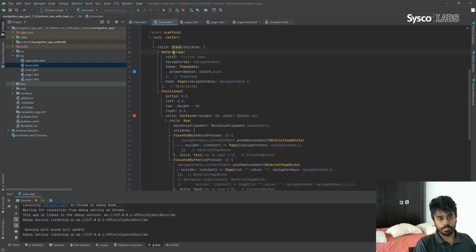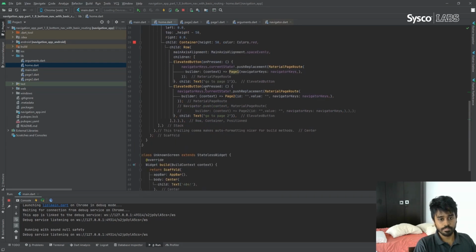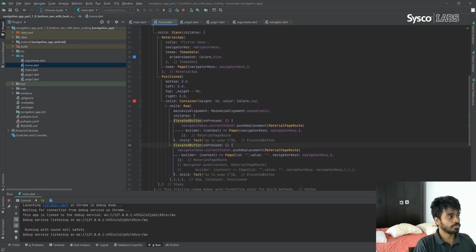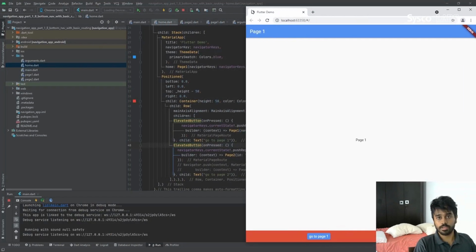In the material application, again you have the home variable, and when this material application loads, you want to navigate to page 1. And in the bottom navigation bar, I have two elevated buttons. Let me show you that application running and then explain how it works.